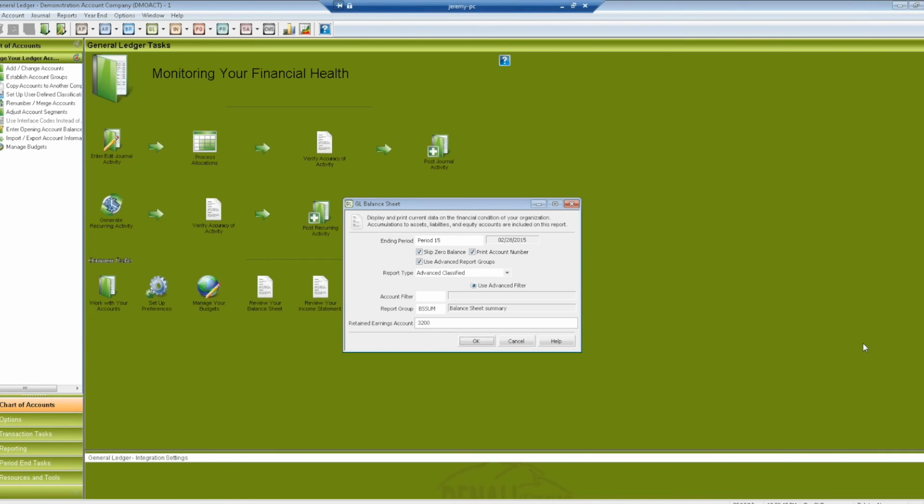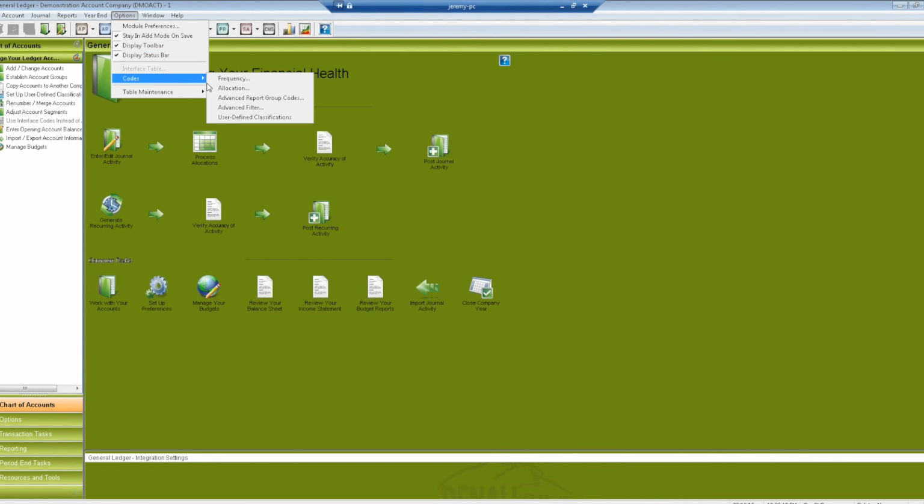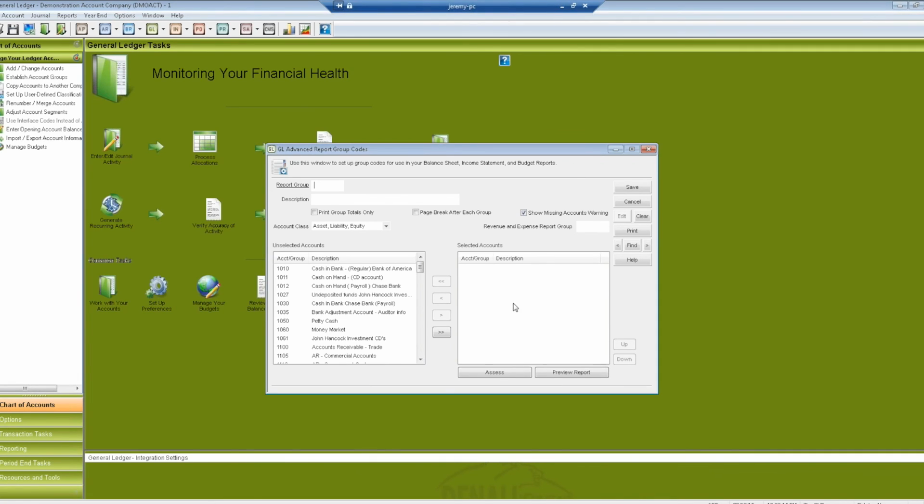Okay, so another question from Tamara. Is the balance sheet summary total line the beginning retained earnings then? Now, if you're only showing group totals and you're not showing the individual accounts, the retained earnings account will be included with the other equity accounts that are grouped together, however you group them in the advanced report group. Because when you're setting up your advanced report groups, you can group that retained earnings account with the other equity accounts, or you can set it up separately in its own subgroup, which I didn't set up a subgroup for